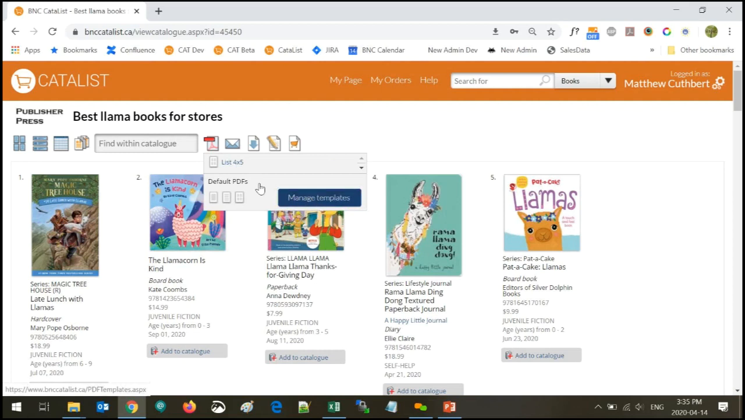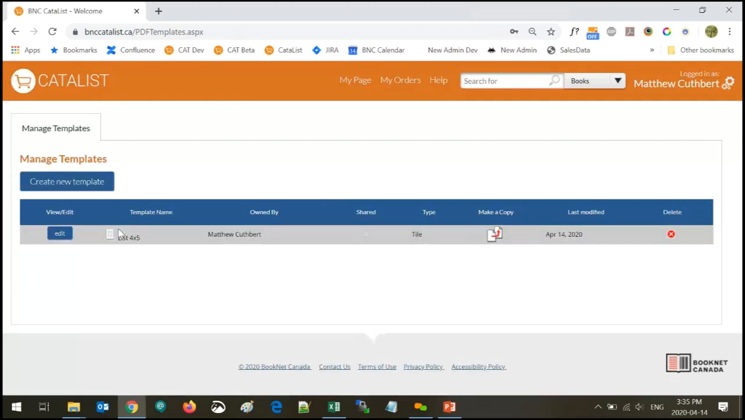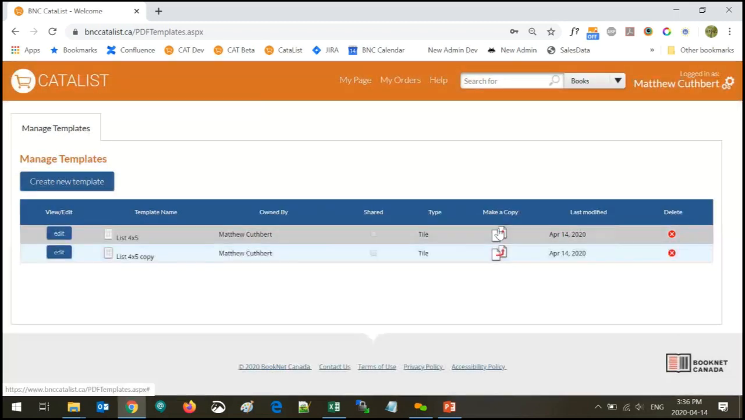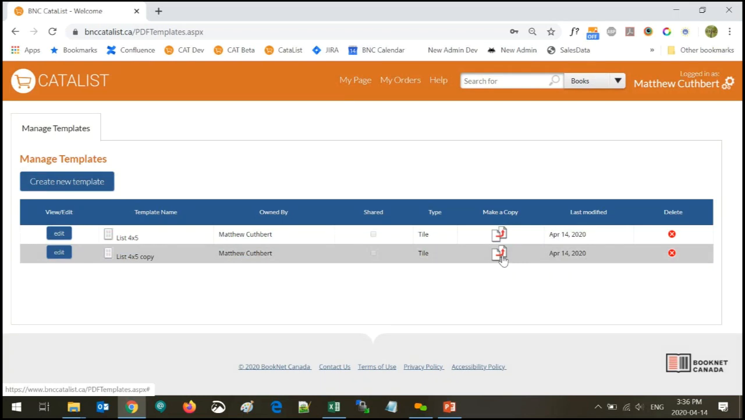But let's go to Manage Templates. Let's say we want to do something similar to this, but instead of having the tiles with the cover images, we want to do something that's just barcodes and the information. I know this is commonly done in the industry when you're at a trade show and you just want a reference that you can quickly scan, or retailers can do quick scanning. I'm going to make a copy of this one,